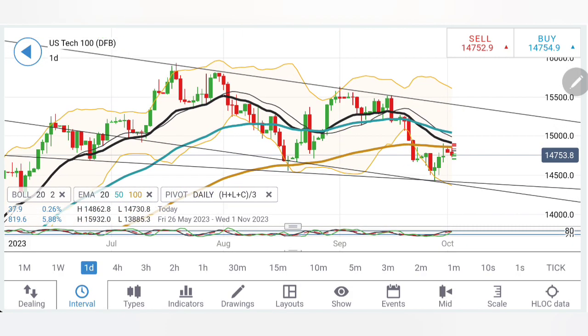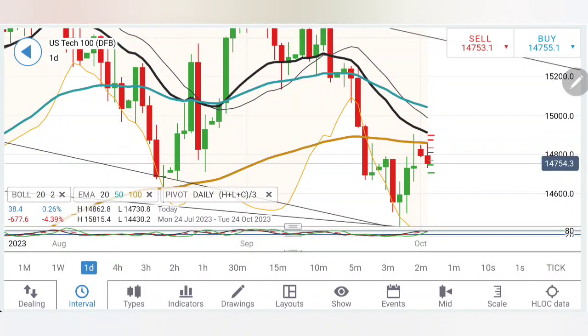Now looking at this, I will recommend you to buy or take a buying position at around 14,765 levels. Be careful of the very nearby resistances. 14,780, 14,800, 14,840, 850. 840, 850 is where we are going to look at maximum resistance here on the upside. And if it breaks past 14,850, certainly we can say that it is going to hit 14,900, 920 zone as the first resistance, beyond which certainly more bullish momentum may prevail.